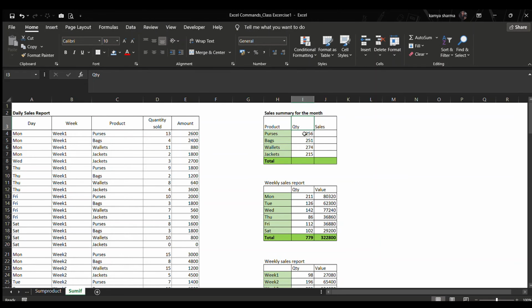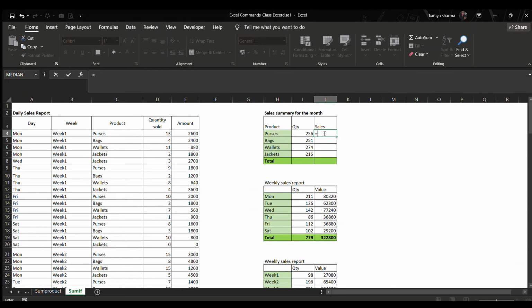The same thing I can do over here as well for the sales. Now again just use SUMIF. Now over here again my range would be the same, that is C, because I want to find purses, and that can be found in column C. I'll double fix it, or I can just freeze the whole column, whatever you want to say.